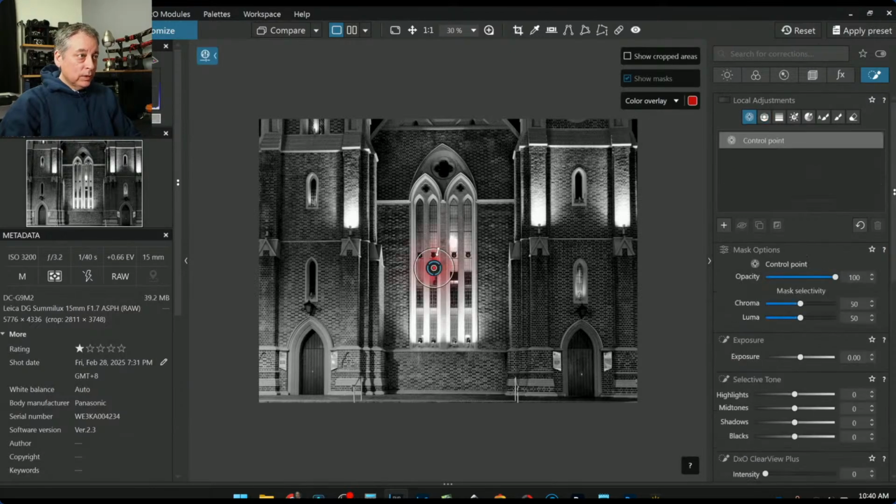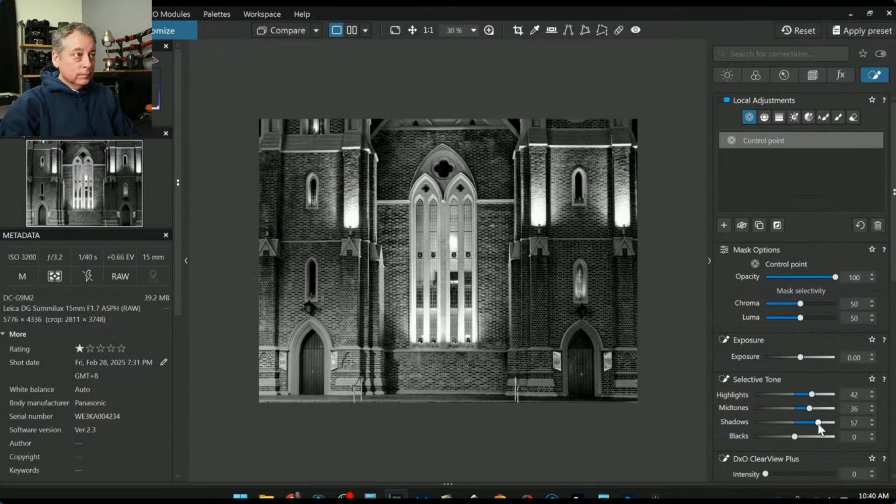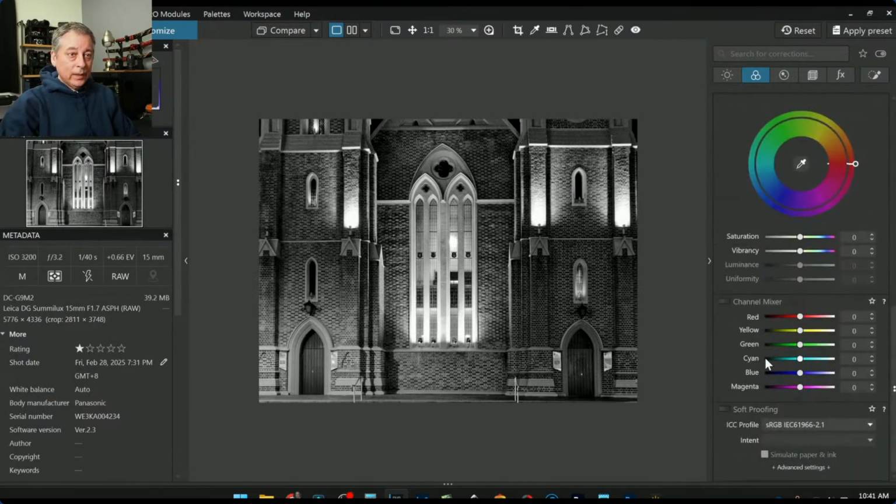Do some control points. I have to be a little bit more flexible. If I can use the channel mixer,